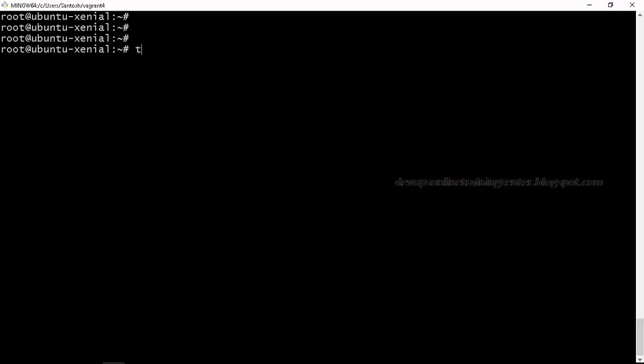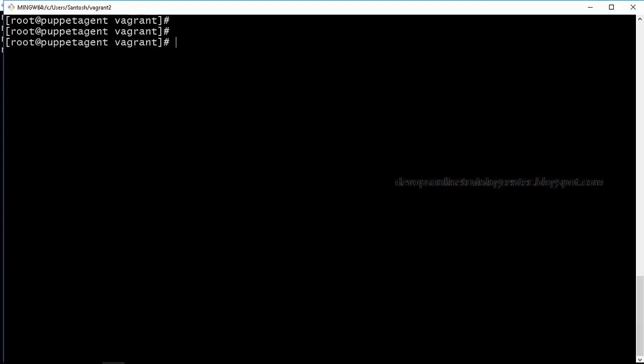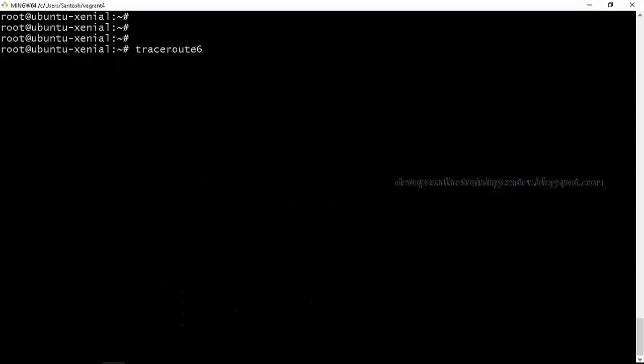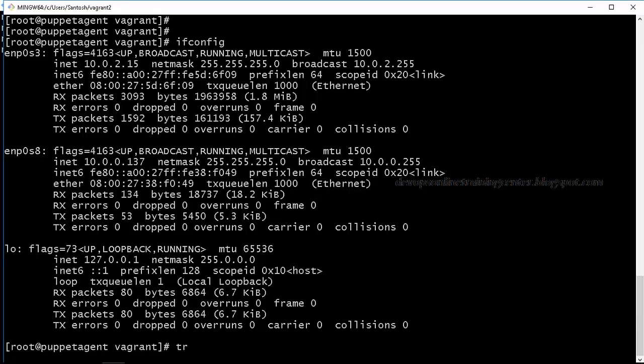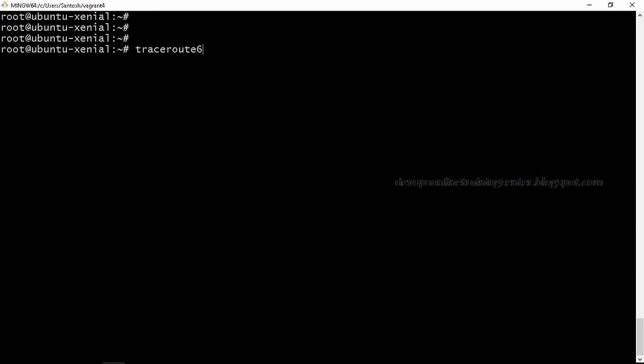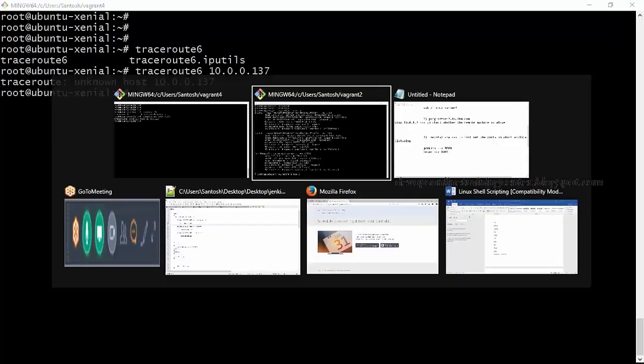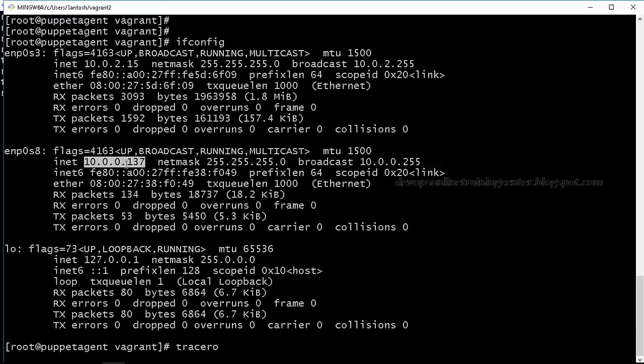And what else do we have? We have traceroute. Some IP address, and then let me see.